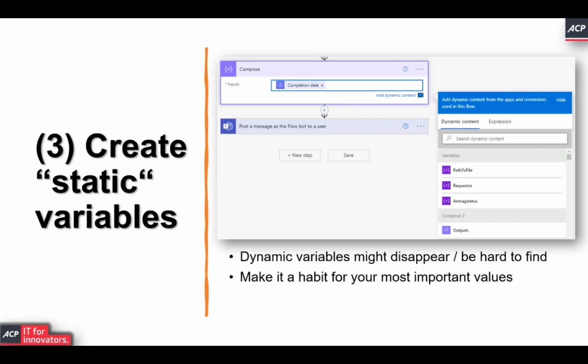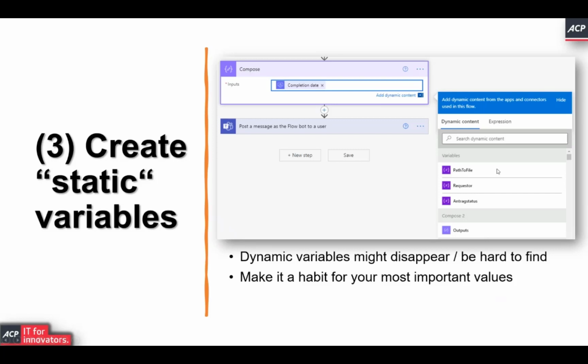The reason for that being, it doesn't have to happen for all the dynamic variables that you see here. But if, for instance, you know that within your flow, you're going to be working with the UID, the user email, and something third all the time, it's a good standard to make sure that you save them to a variable. And then the big pro of that is that if it's a static variable, as you can see on the screenshot, those lilac variables, so the ones that are called path to file requester.